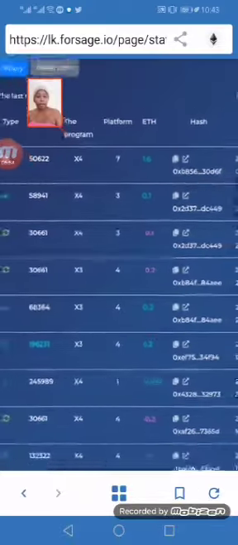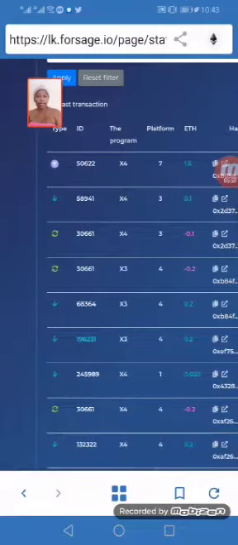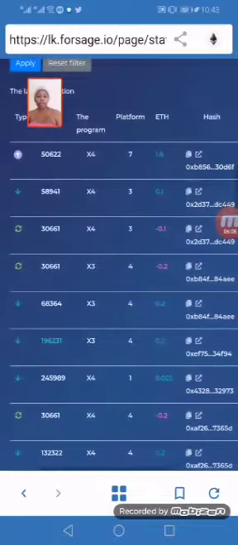Like here, the purple X4 level 7. My upliner bought this and was able to get 6,000. Do you understand? The green means it's money that came to who? To me. X4 level 3, in the form of a reinvestment or whatever. The green is a profit of 30661 that went to who? To my upliner. It might be a form of a reinvestment, or maybe it's because they upgraded before me.